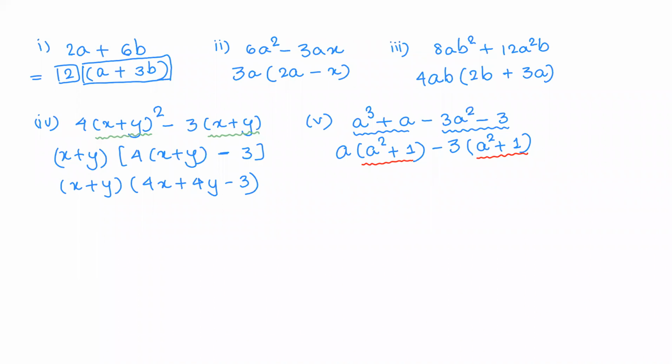तो a square plus 1 common लेते हैं हम, वो जाएगा एक bracket में, तो बच गया अंदर क्या, यहां से a और यहां से -3. In the second bracket you will have a minus 3. See, it's that easy. Okay, I'll give you one question which I hope you will be able to do yourself. The next question is question number 6. So we have a raised to 4 minus 2a square. It's not 2a squared, it's 2a cubed minus 4a plus 8.